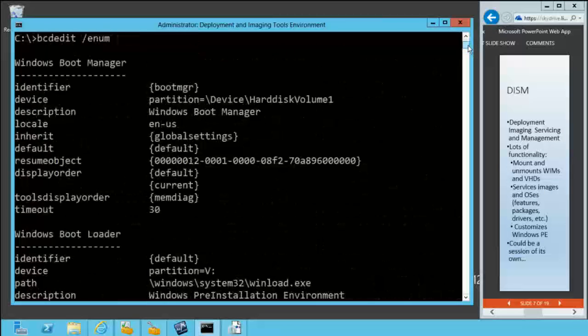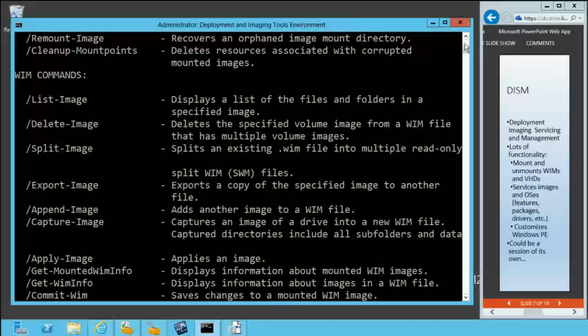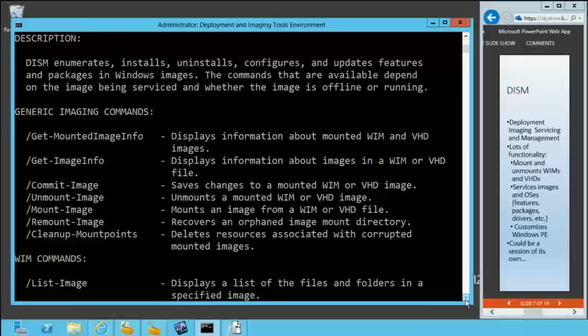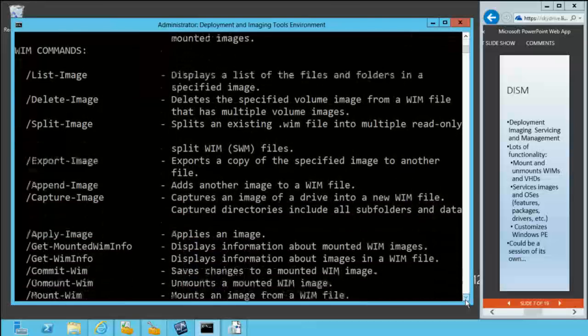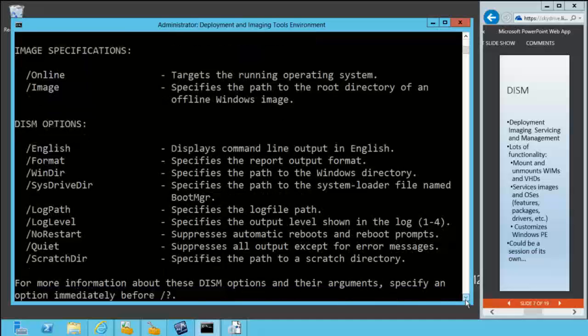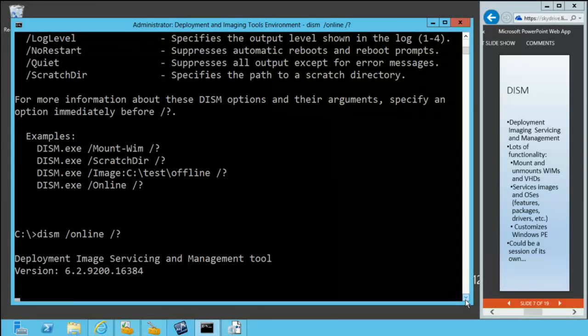Helps if I don't scroll quite so quickly. So there are options there for creating images, so dealing with WIM files or VHD files, listing out images, mounting them, unmounting them, inspecting the operating system, so looking at the features and roles that are installed on the OS. But to get deeper into it, we have to specify what we want to act on. So if I do DISM /online /?, it'll show me all the options that are applicable to the current running operating system,